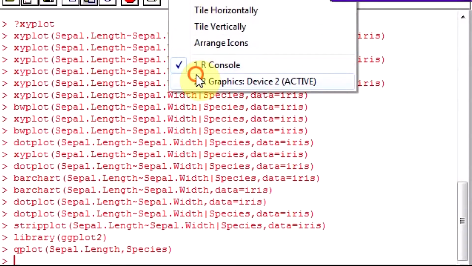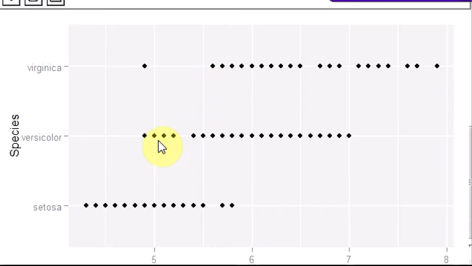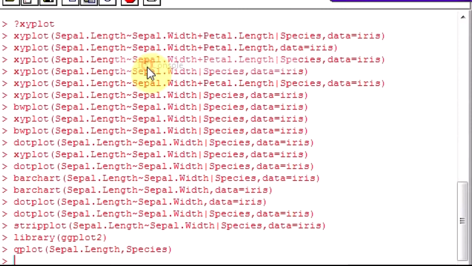Notice the background is gray. It's easier to make out the values because in the gray background, contrast is there, the white lines are also there, so 5, 5.5, 6. So this is based upon Edward Tufte principles and the grammar of graphics. Now what if I want to do ggplot?